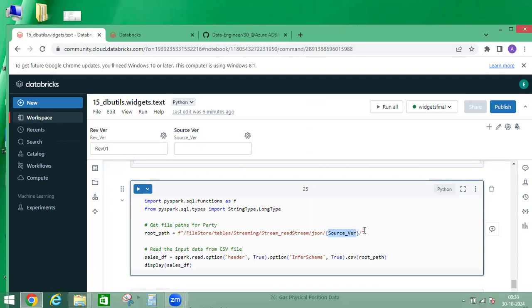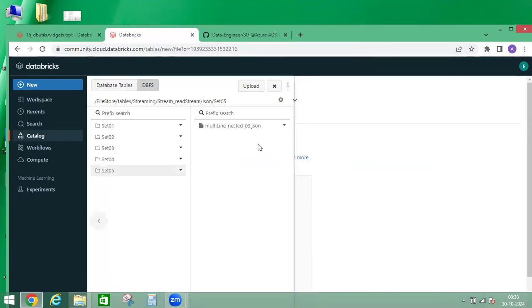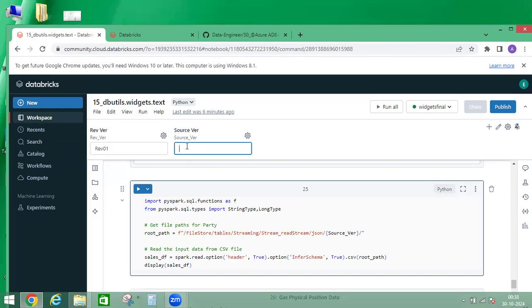Now suppose I will enter set 1. What is the naming convention given? Capital S, so capital S set 01. I will enter here as set 01,